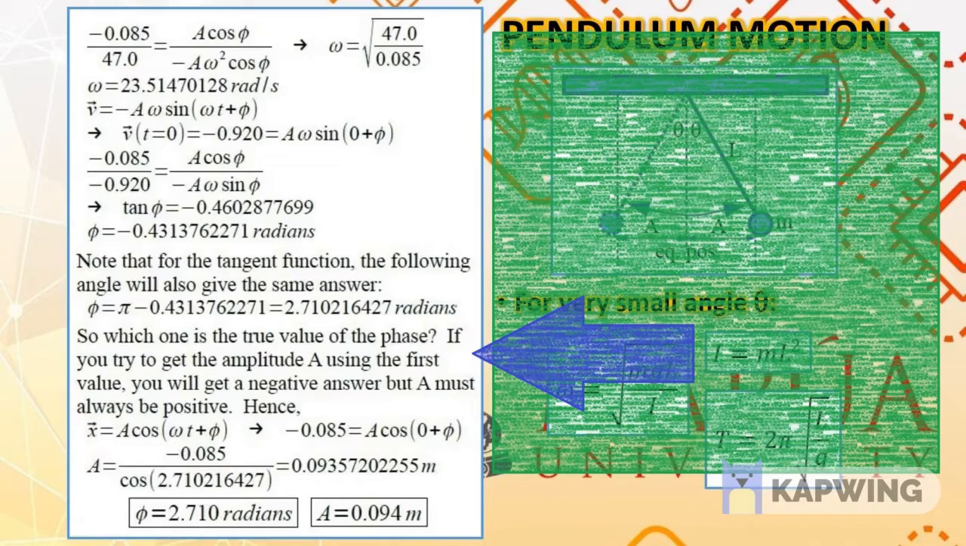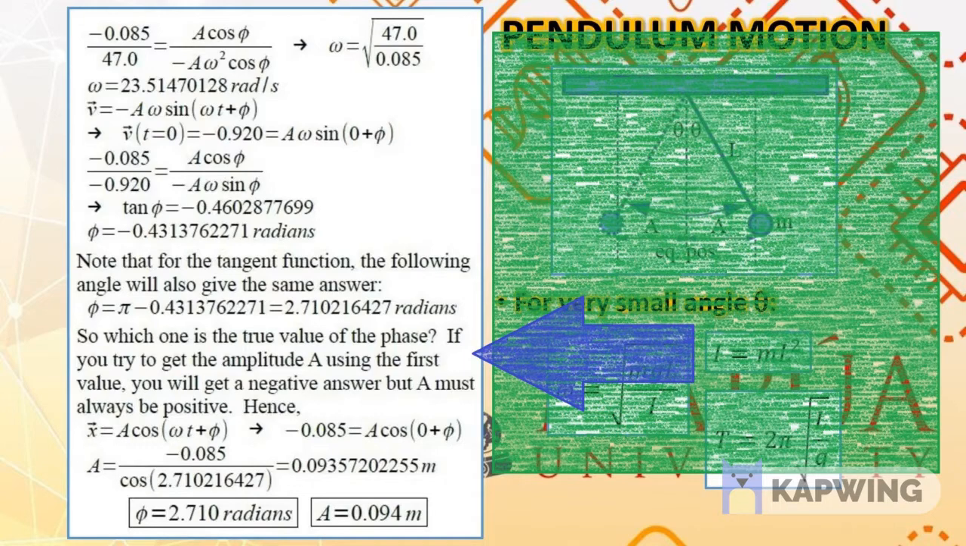Phi is equal to negative 0.431376271 radians. Note, however, if we use this value of the phase constant to determine the amplitude, we get a negative answer. But amplitude must always be positive, so we need to make a correction to our value of the phase constant. If we get the supplementary angle to the phase constant that we calculated, we get